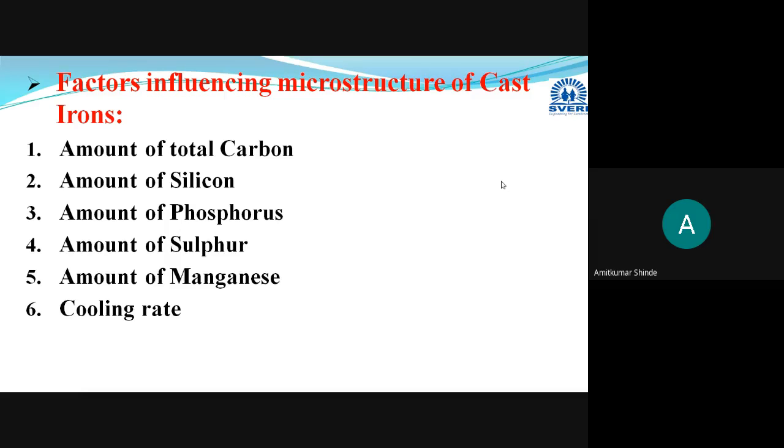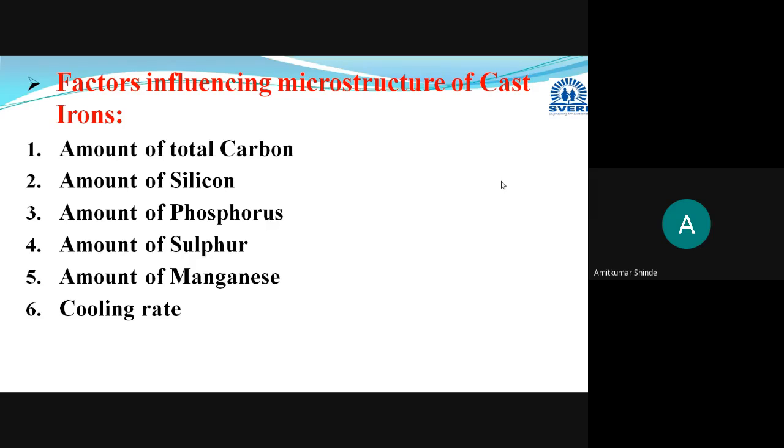Suppresses the graphitization means no free carbon will be there, means large amount of cementite will be there. Large amount of cementite means, in short, whenever faster cooling rate is there, more amount of white cast iron is there, and